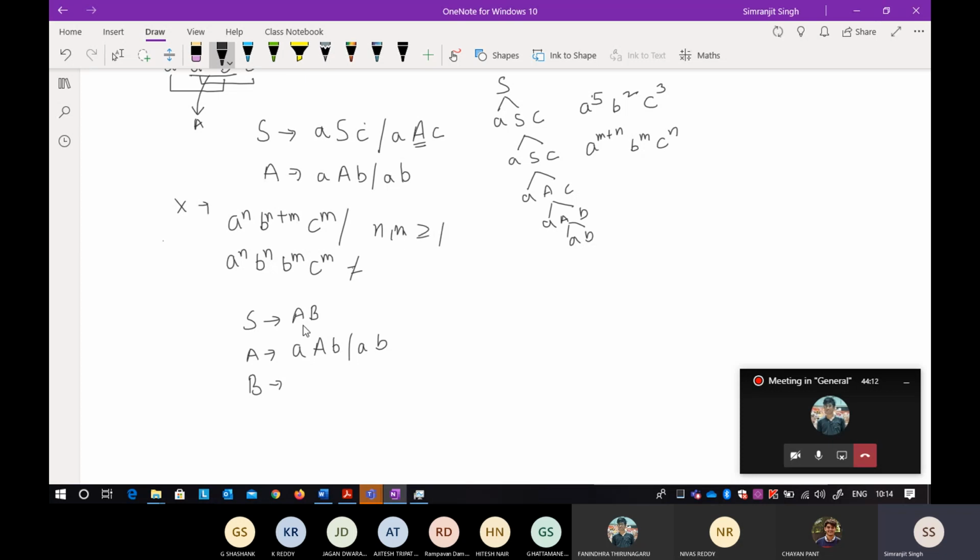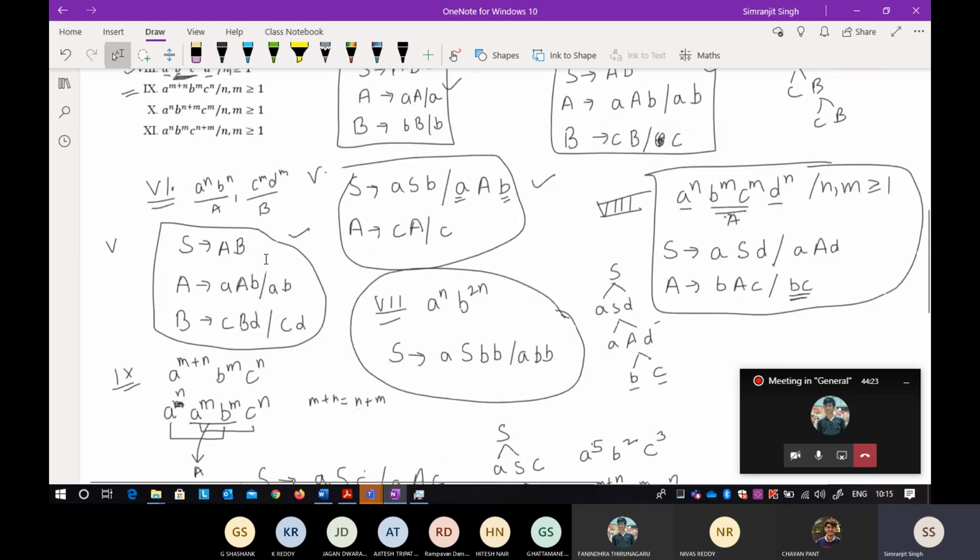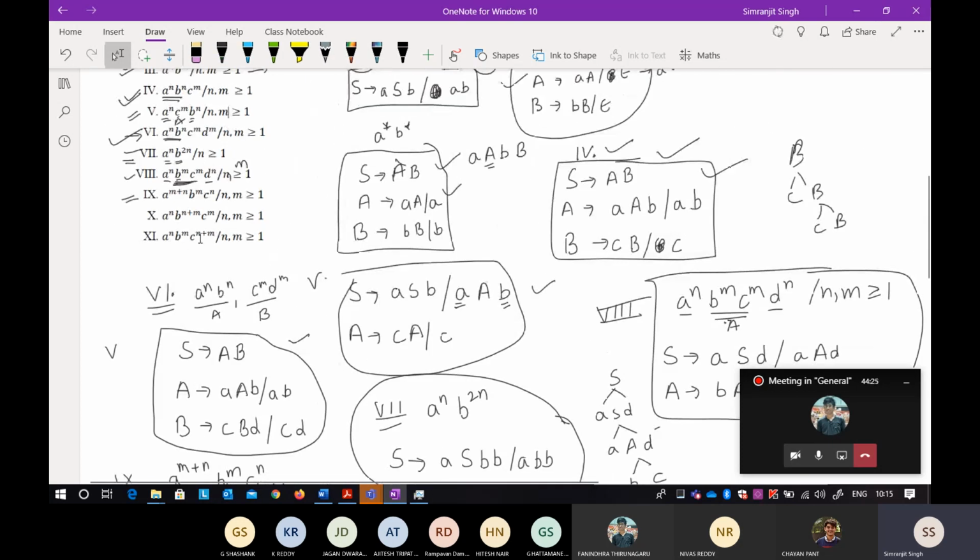Okay. So in a similar way, you take this one as b, and then this is the same c, b, and then there is a c, and then there is a bc. So I think you can also derive the 11th one on your own. It can be c raised to power m and then c raised to power n, so it is one and the same thing. I think you can easily do this. This is already done in this question.